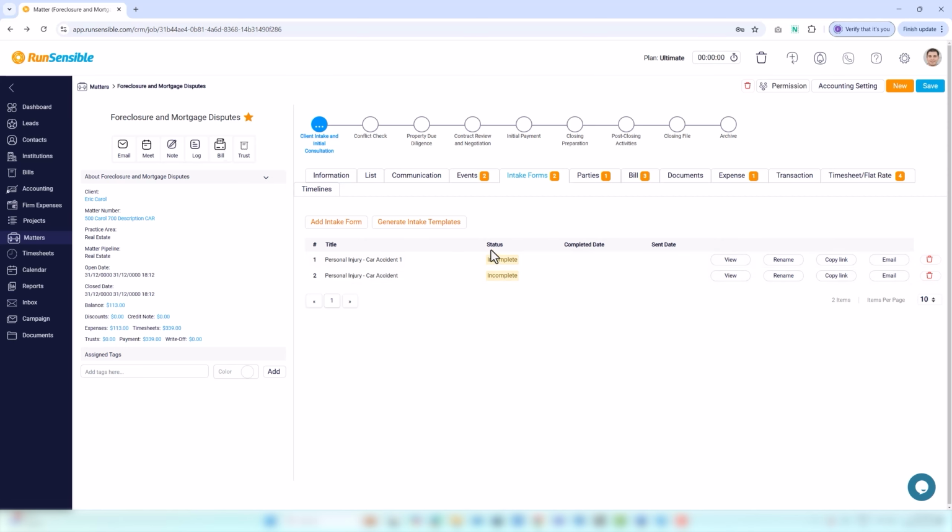In the Status column, you can easily track whether the intake form has been completed. Additionally, the Sent Date column shows the exact date the intake form was sent to the client, while the Completed Date column records when the client completed and submitted the form. These columns provide a clear overview of the form's progress and ensure that you are always informed about the status